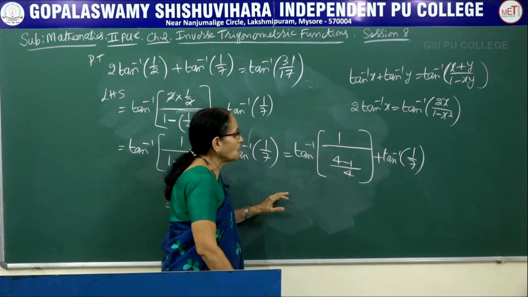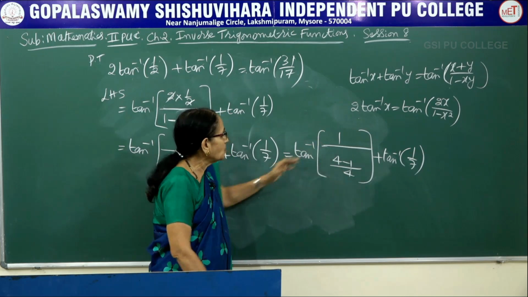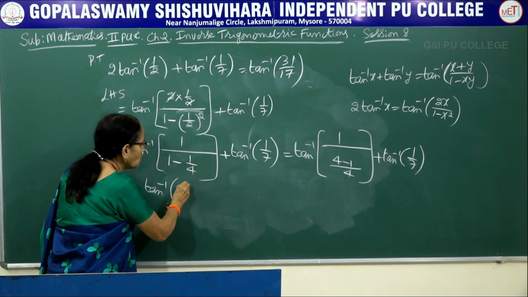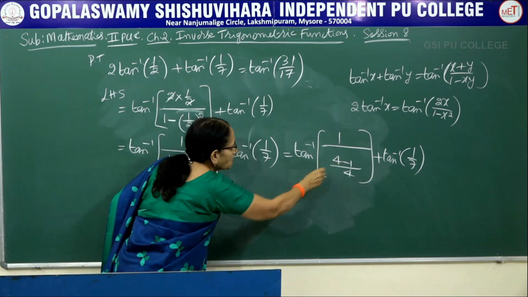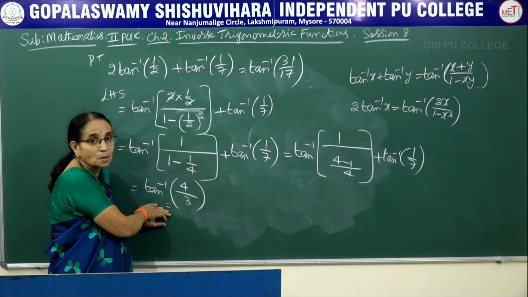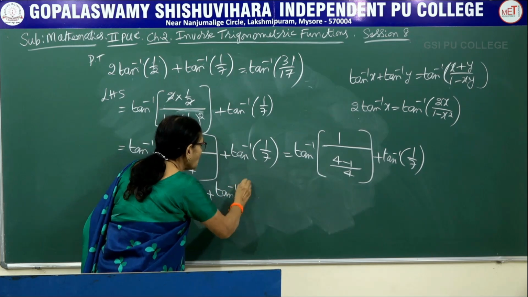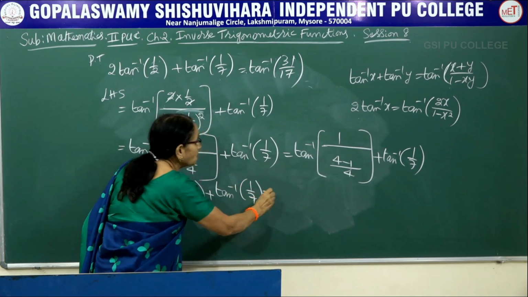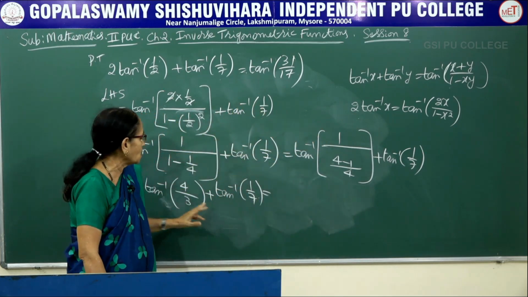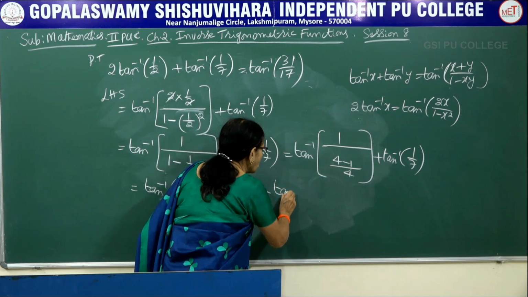1 by 7. Now you know that the 4 is the denominator of the denominator, which goes to the numerator. So this is tan inverse of that 4 goes to the numerator, and 4 minus 1 would be equal to 3. So tan inverse of 1 over that number can now be written as tan inverse of 4 by 3 plus tan inverse of 1 by 7. So what I have done here, I made use of this result and simplified so that I can apply the previous result. Now it is of the form tan inverse x plus tan inverse y. So use the previous property.